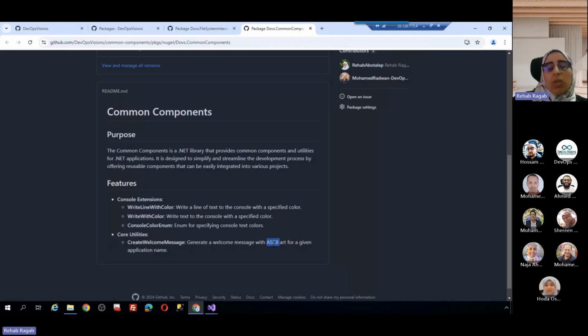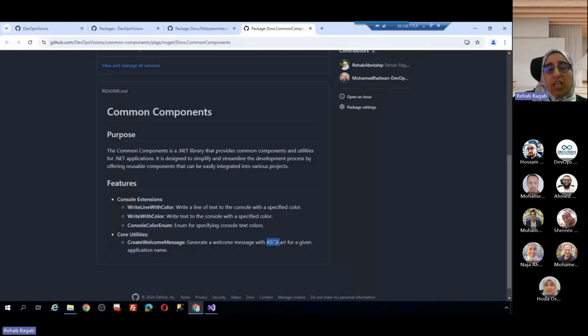Whenever we run our frameworks or applications, we would like to display a welcome message in a specific format. So we found that this functionality of generating this welcome message will be repeated across all frameworks. And of course, going back to the concept of reusability, of course, we will not repeat this code